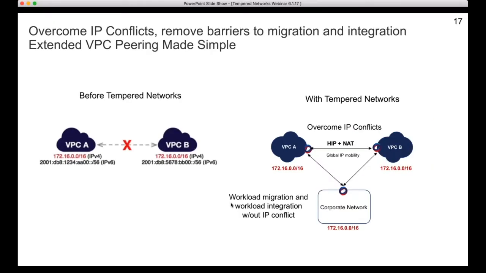Here's another one where, when it comes to VPC peering, you cannot connect and peer between regions. You can only do limited VPC peering within the same region. Well, when it comes to Tempered, there is no boundary. We can do edge to edge or even instance to instance peering, and regardless of